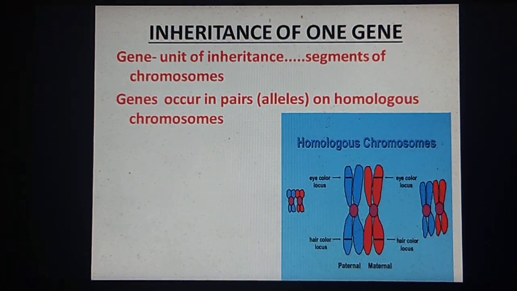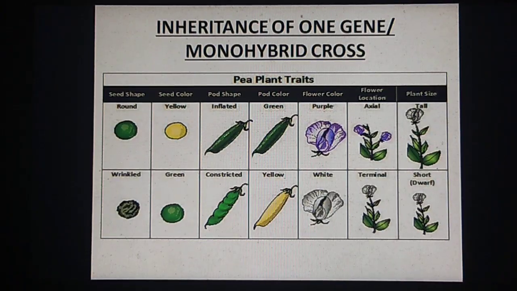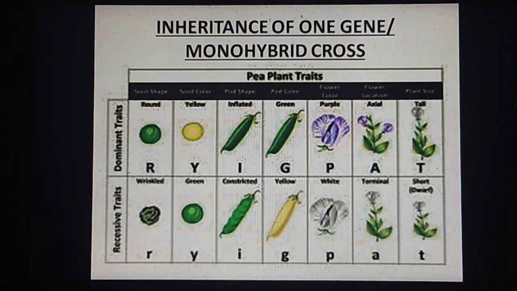So this basic knowledge was essential to learn about monohybrid cross or inheritance of one gene. So without wasting our time, we'll start with monohybrid cross. Mendel chose 7 contrasting traits having variants or different forms of traits in that particular characteristic. For all varieties he carried out self-pollination so that he could get true breed plants for his experiment. He noted that in the F1 generation, the characteristics which were expressed are the dominant characteristics and the ones which were hidden are the recessive characteristics.